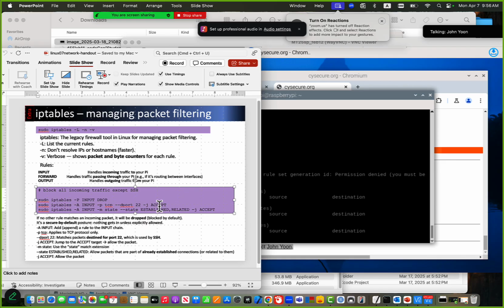I want to append to input, that's a keyword. I want to append the input rule followed by something, -p. I want to make a rule about the protocols. Another one is I want to make a rule about states, the packet states. If a packet state is established or related, I still want to accept it. If some other network wants to establish a connection to our infrastructure,